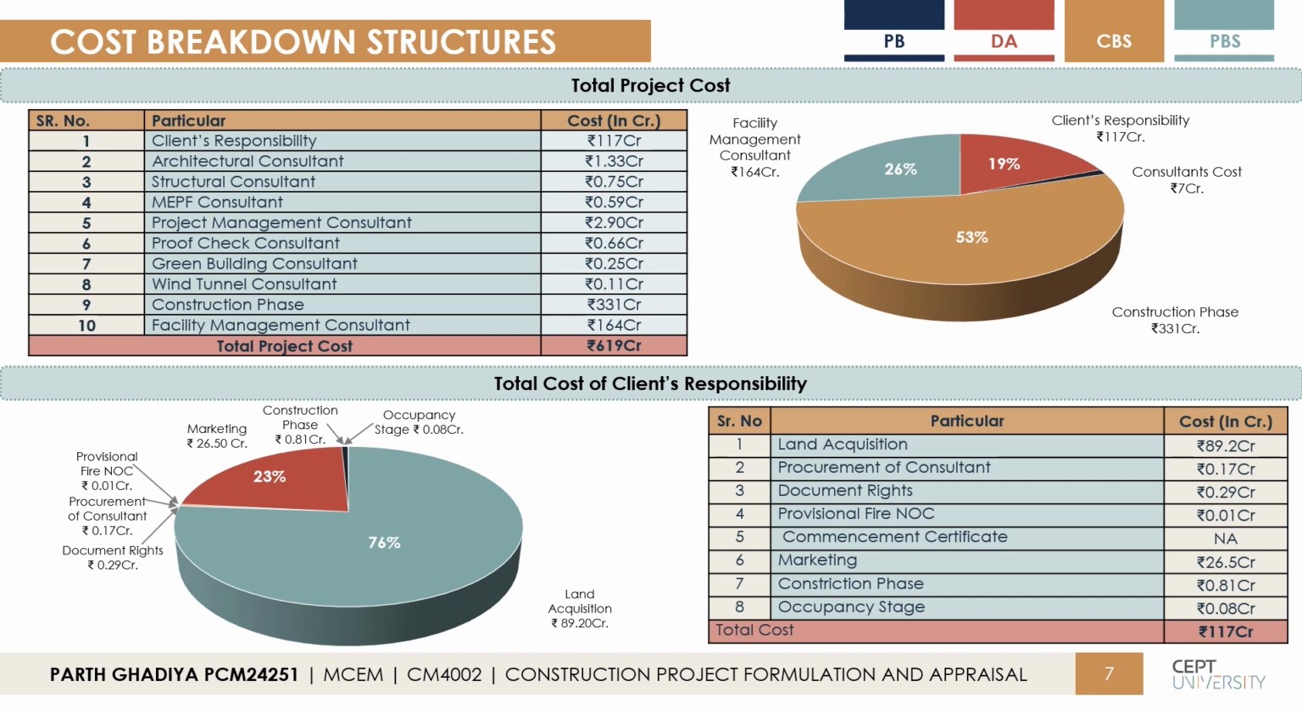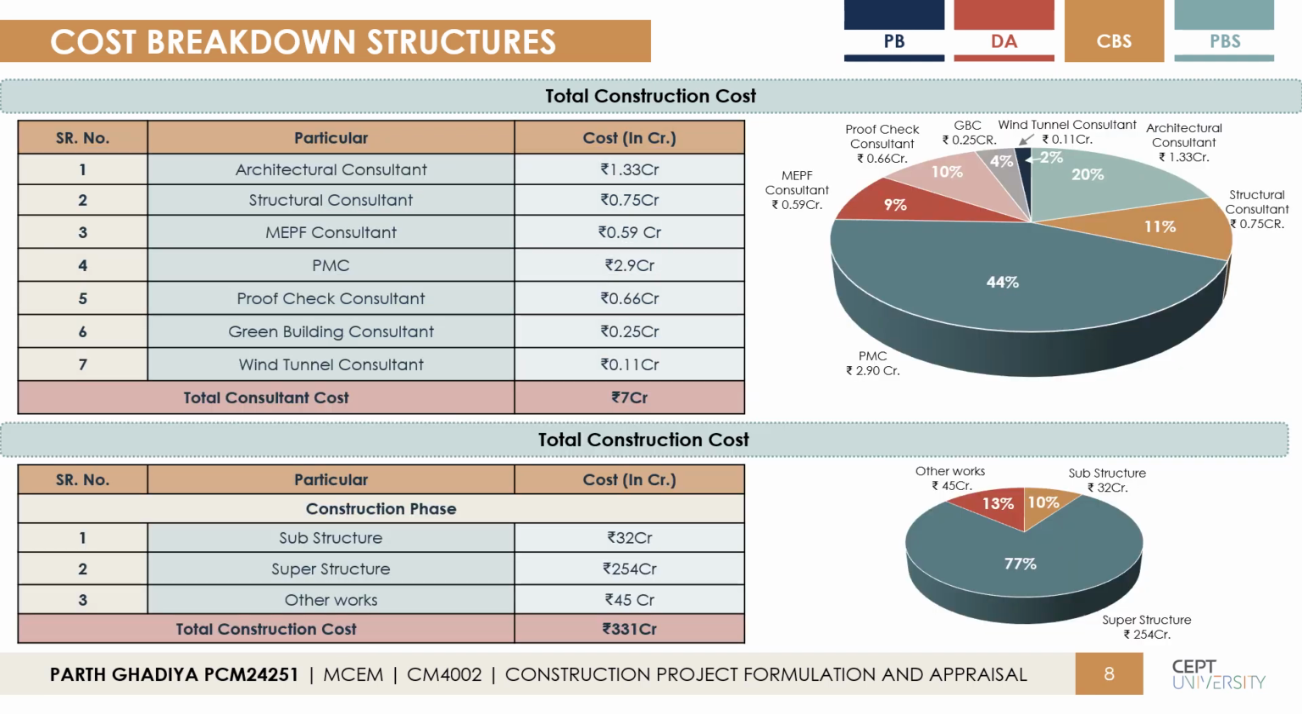The client has to procure all the consultants. The cost of the procurement of the consultants is 70 lakh rupees. Now we focus on the consultant cost. As I mentioned earlier, the total consultant cost is 7 crore rupees, which includes the fees of the architecture consultant,